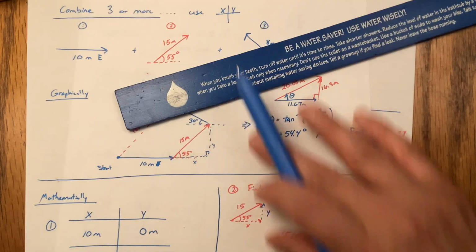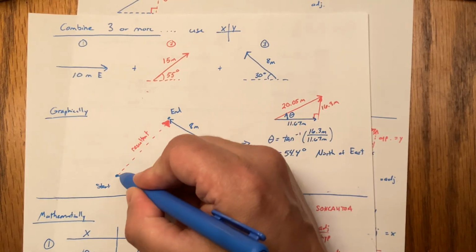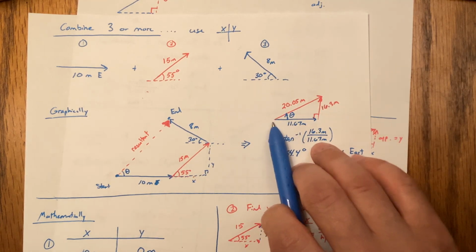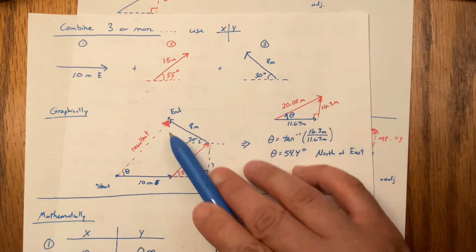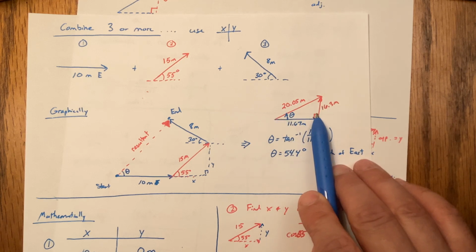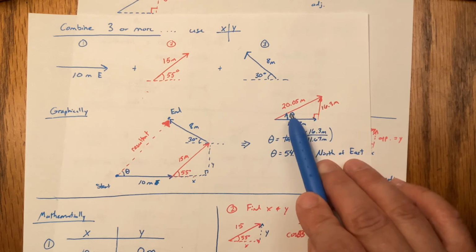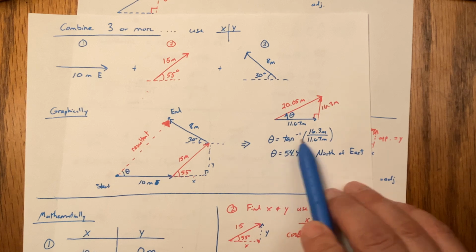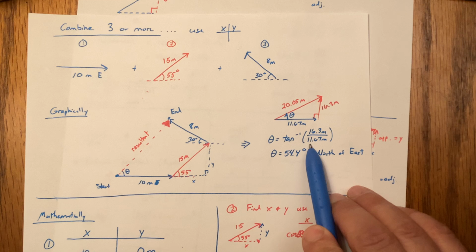Now, to find the direction of the resultant, we're going to come back to my first picture here and notice the resultant is, we're going to find this angle right here. So I'm just redrawing what I had, and imagine that this is 11.67 over to here, and this is 16.3. So I just redrew that over here. I know it's not to scale, but it gives you an idea. Now I can use my tangent to find out what that angle is. So I'm going to take the inverse tangent of opposite over adjacent, so 16.3 over 11.67,